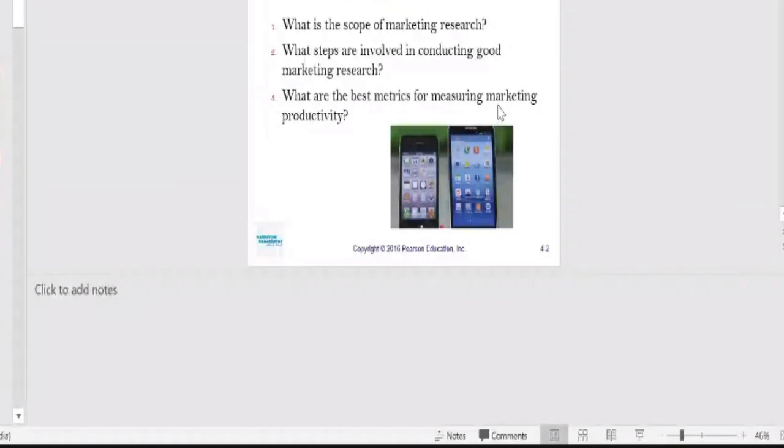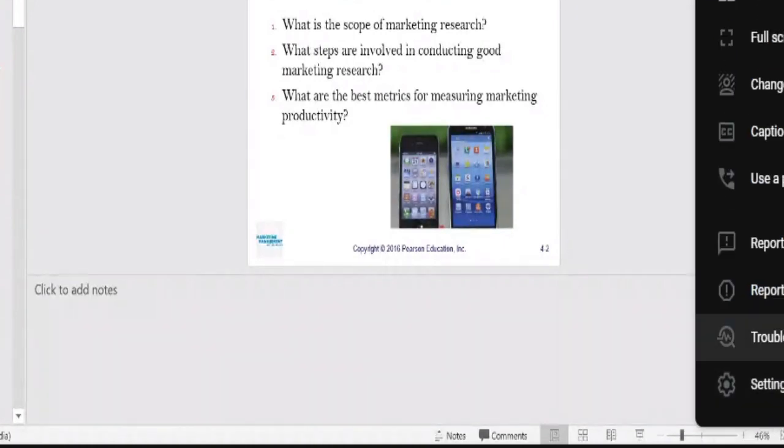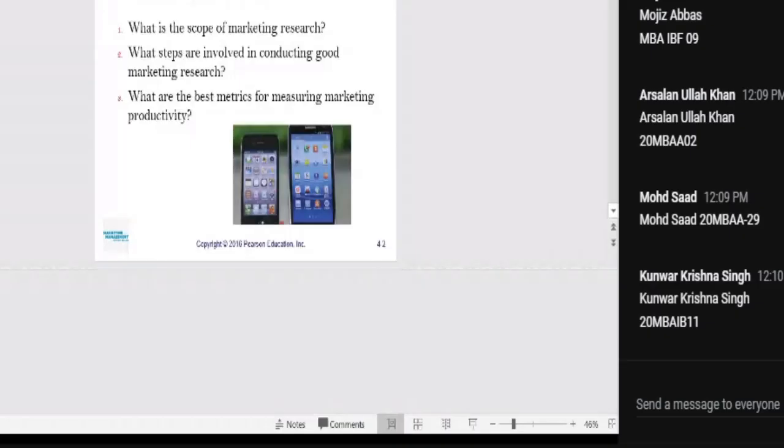So today we'll be taking up a topic called marketing research, conducting marketing research. This aspect of conducting marketing research is a very, very important aspect, and it is important from the perspective of any business management graduate, as well as anybody in the corporate world. Organizations also would like to be interested in how marketing research is carried out, so that they are able to take the correct decision towards their products and brands. And we would be looking at the scope and the process involved in marketing research.